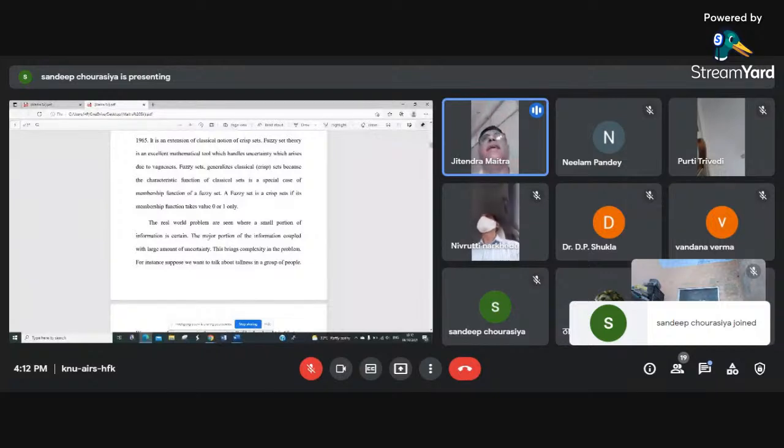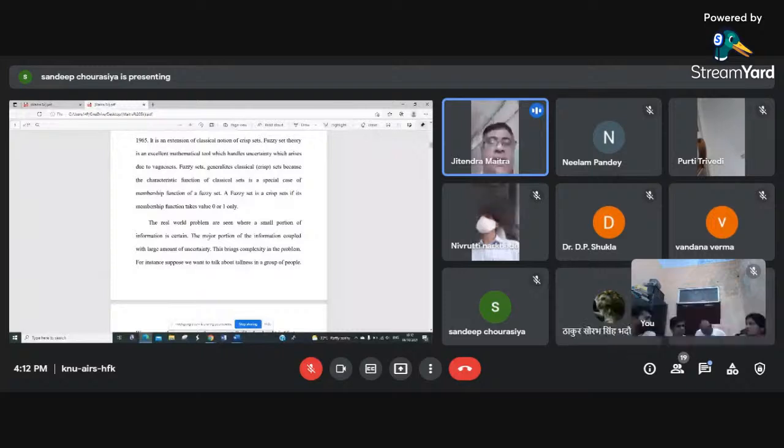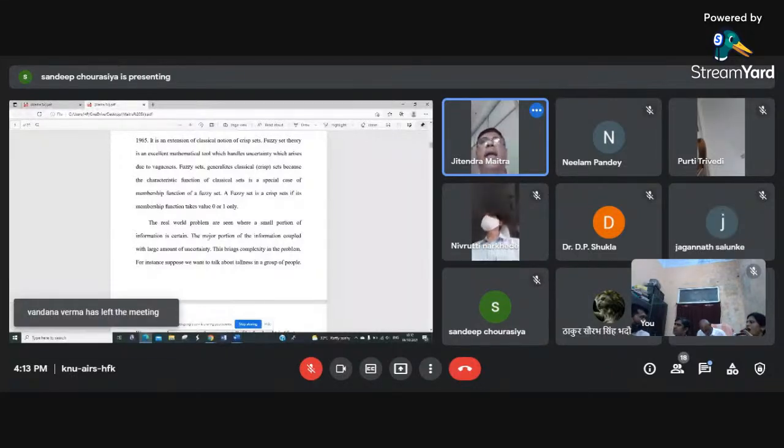Now you may be confused: we are talking about fuzzy sets, and in the definition of a fuzzy set we are using the word membership function. So how is a set defined in terms of a function? Because in set theory, sets and functions are different. First we define a set, and after that we define a function. So first, I want to clarify this.